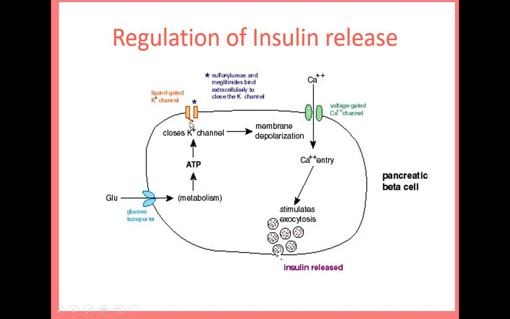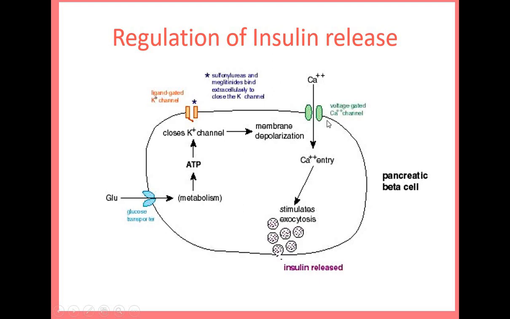These very minute structures present on the ion channels are called ABC, which refers to ATP binding cassettes. So the ATP binding cassettes recognize ATP and then the channel closes. Once you have closure of the potassium ion channel, it will lead to membrane depolarization. That means the voltage present within the cell is now changed. This is sensed by another channel, which is not ligand gated but voltage gated; its gating mechanism is sensitive to voltage changes.